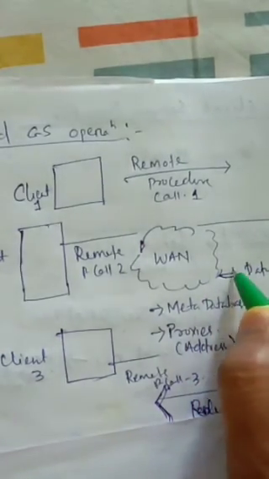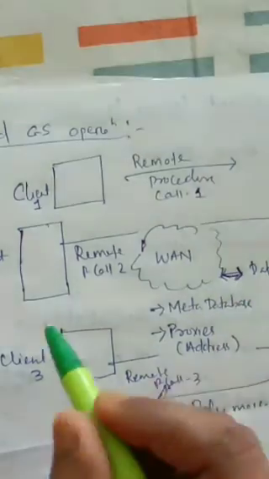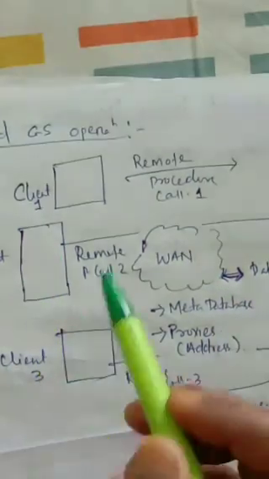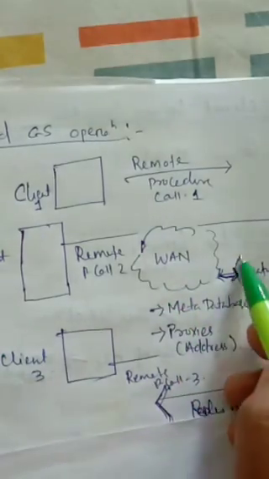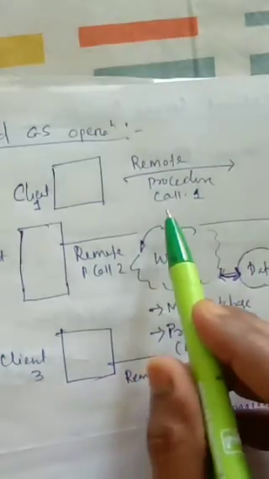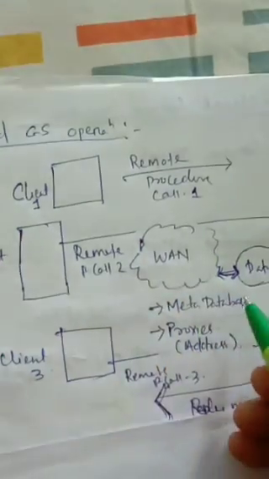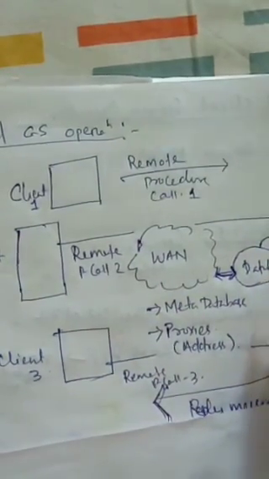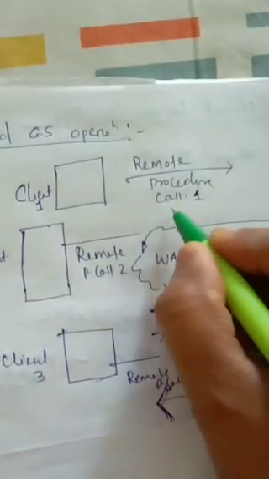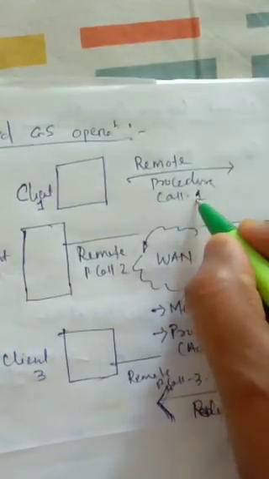Why is it in interaction with the database? Because all the clients who send the procedure call must store their call in the database. The database holds the calls, and it is again taken by the server. If the client 1 sends call 1, then